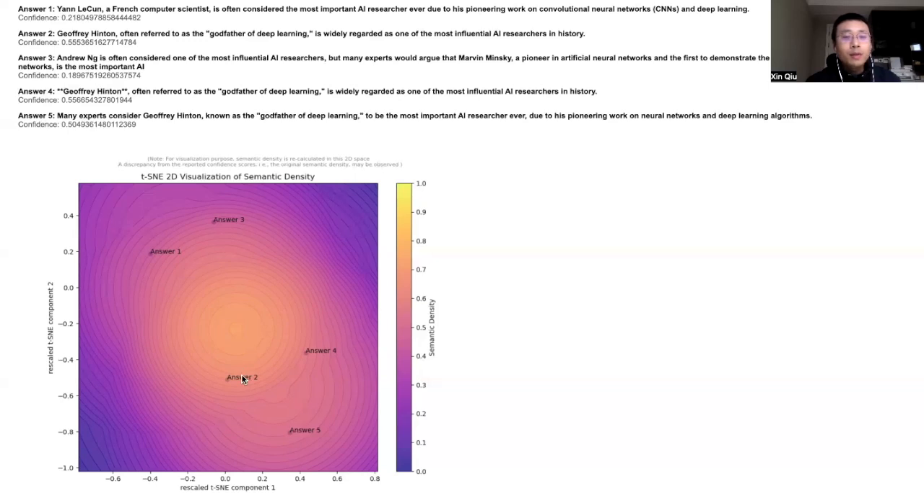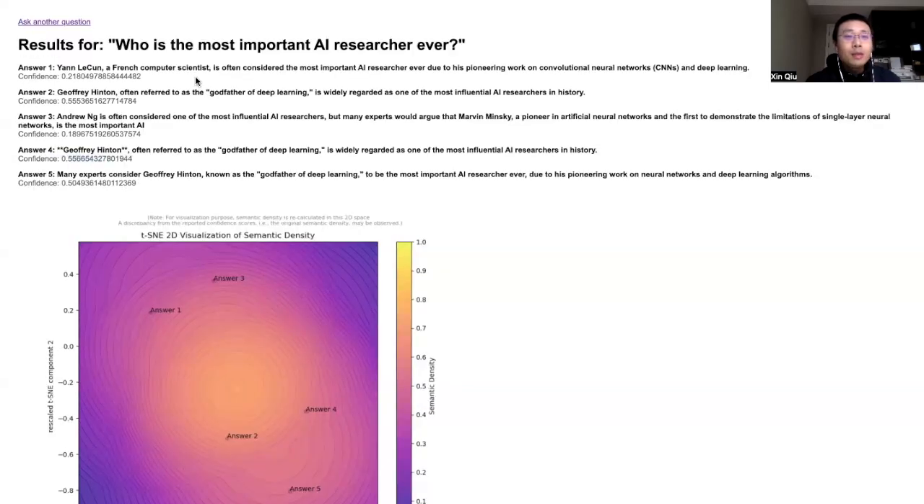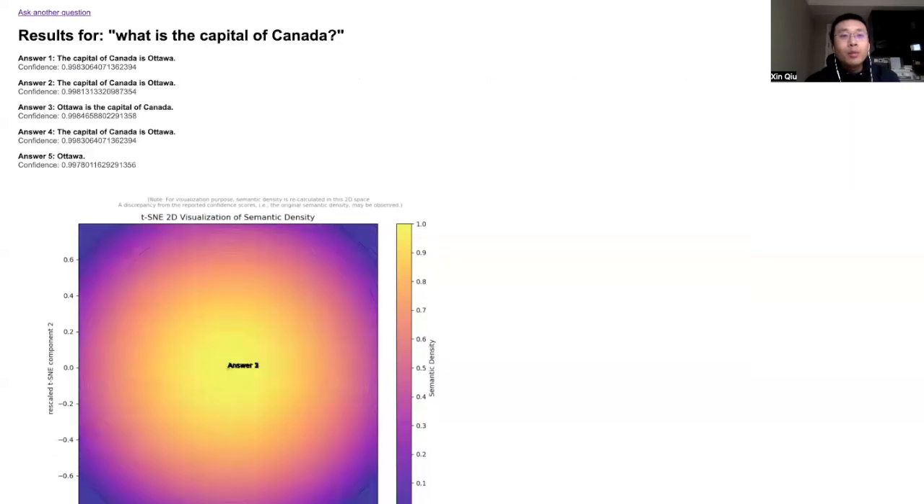has a higher confidence. And to show you another scenario, I have already computed the answer for another simpler question, which is what is the capital of Canada? So the language model is returning quite consistent answers, like Ottawa is the capital of Canada. And we can see that the confidence of this language model is very high for each answer to this